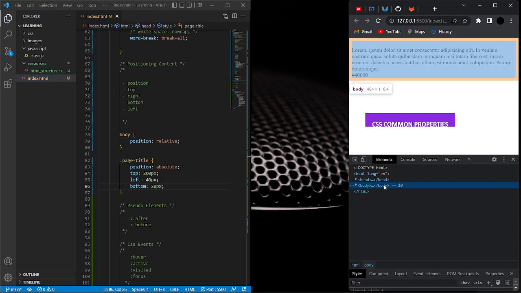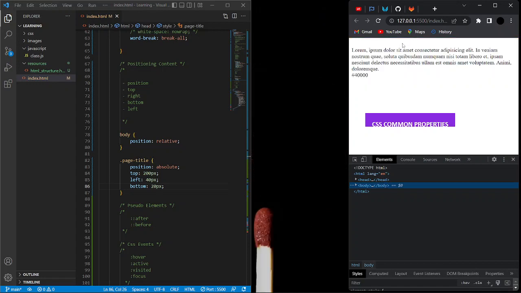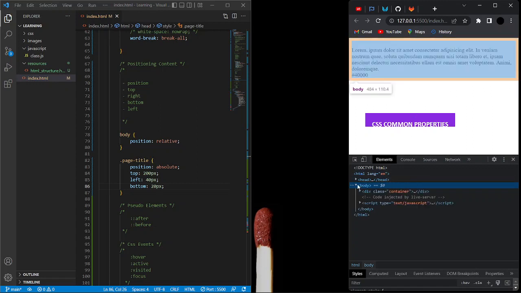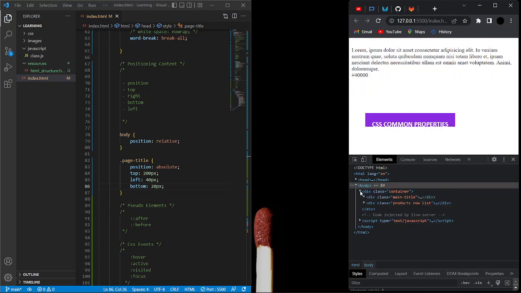That's the body tag. So it's 200 pixels away from there. It doesn't matter, it's just going to measure 200 pixels away from the top of the body, this is the top. So it measures 200 pixels, that is the top border of the body to this place. And